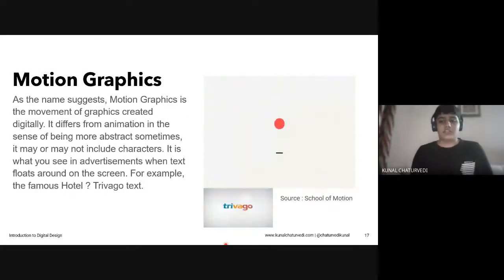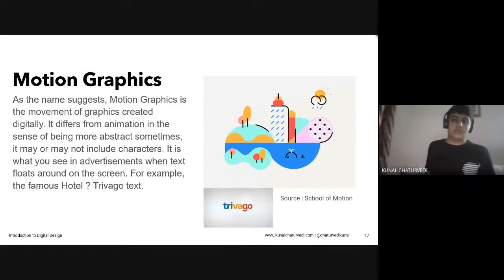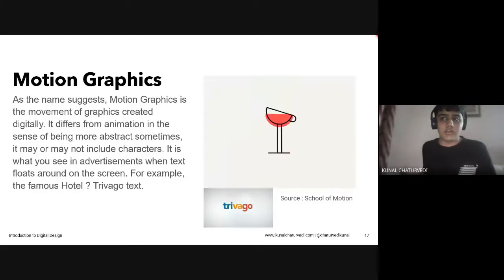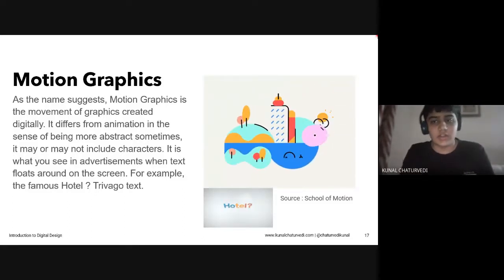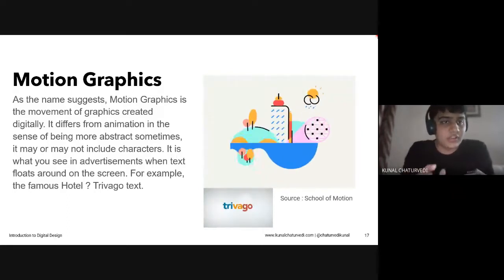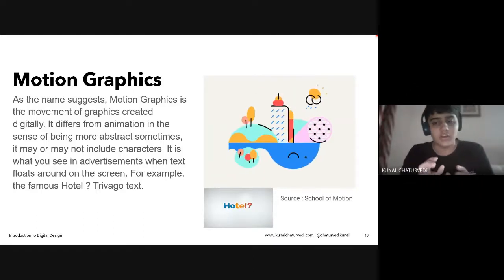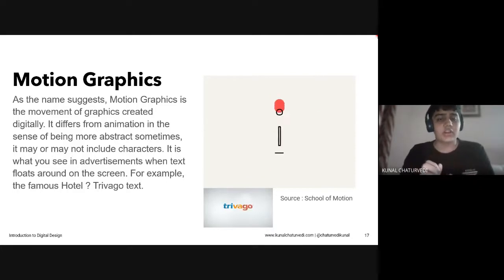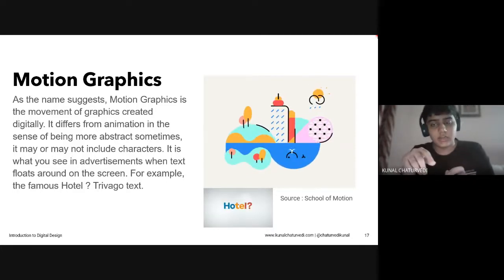The fourth category is motion design or motion graphics, which is pretty common to see, but it is also common to forget the impact of all these things. So the biggest example I can tell you is the Hotel Trivago thing. It has a big meme around it. The Hotel Trivago thing, and the bigger photo that is currently,